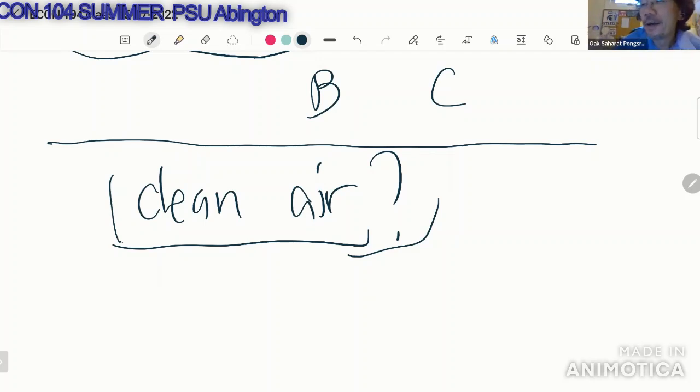Okay, so you know that cleaning the air is going to cost something, right? Nothing is free. If you start trying to clean the air, does it cost you something? If you recycle stuff, does it cost you anything? Yeah, you have to gather the paper and the plastic and reuse the plastic. There's some benefit, right? Because you have cleaner air and cleaner water. All nice. Here's the problem with